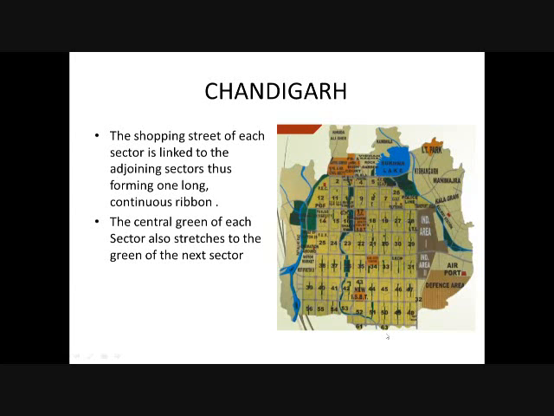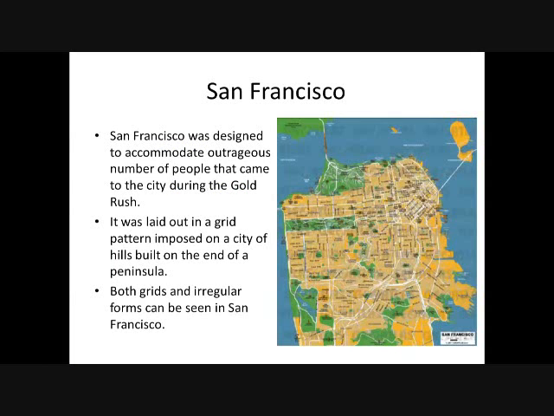This did not happen in Kuwait. The highways prohibited the neighborhoods from being connected to each other. Now they try to make bridges over the highways, but of course it's difficult to walk on a bridge in the hot summer. San Francisco in the Western US, of course, was designed to accommodate an outrageous number of people